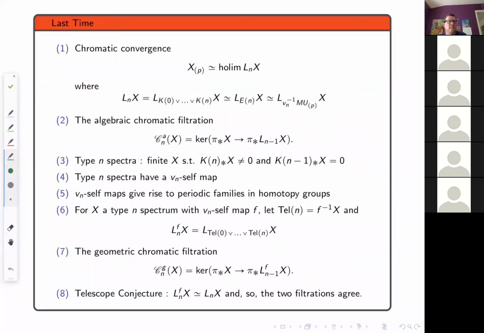So last time, we began by talking a little bit about the chromatic convergence theorem, which said that the P localization of X is the homotopy limit of these Ln localizations, which were the localization at the first, or I guess